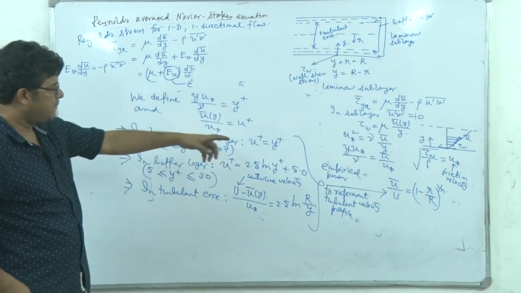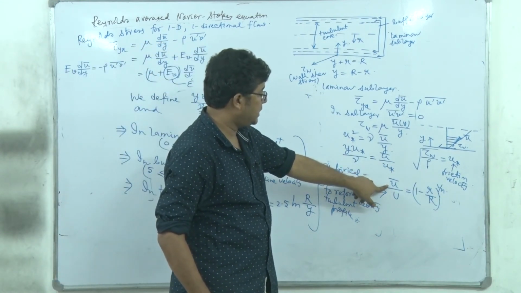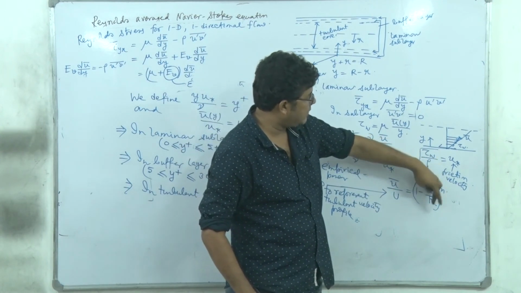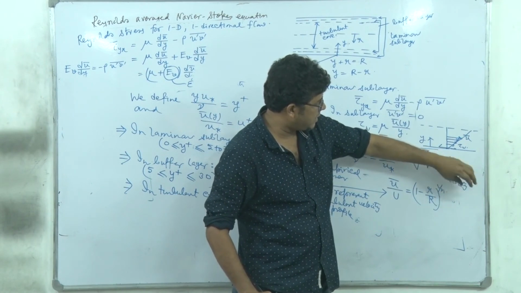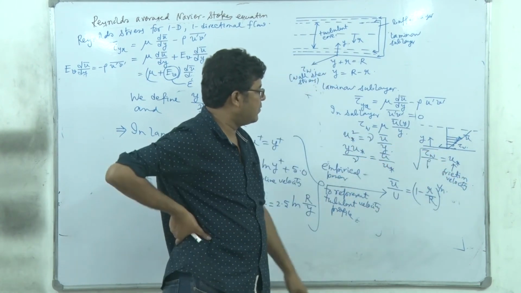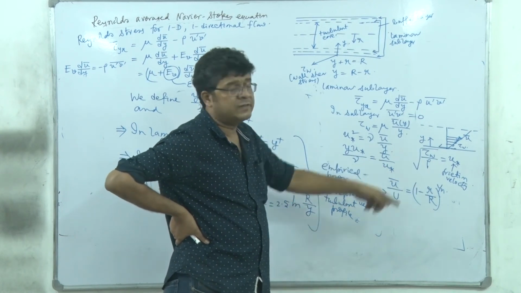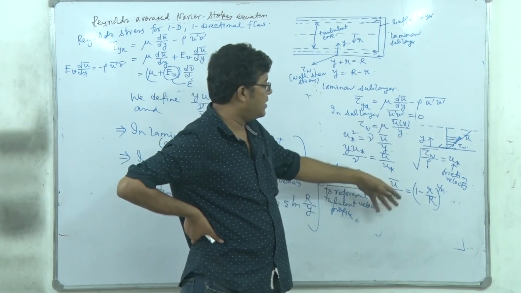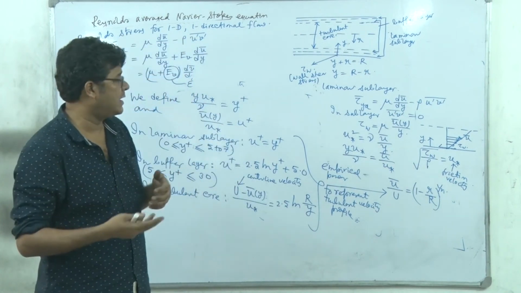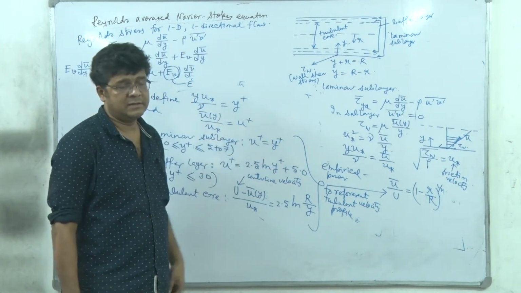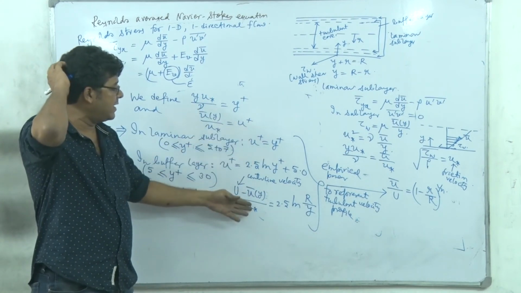Now see, if you take the derivative of this, d U bar by dr, right? It will be 1 minus r divided by R to the power 1 by n minus 1. So wherever we get this 1 by n minus 1, where n is an integer greater than 1, and you substitute r equal to capital R, you will see that the velocity gradient becomes infinite. The velocity gradient is infinite at the wall. So overall, that's why it is an empirical equation. The real equations are exactly correct.